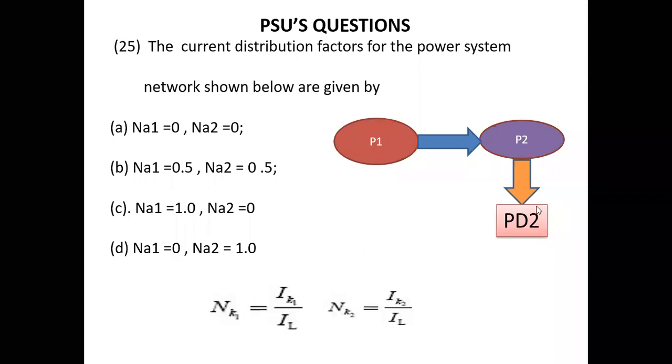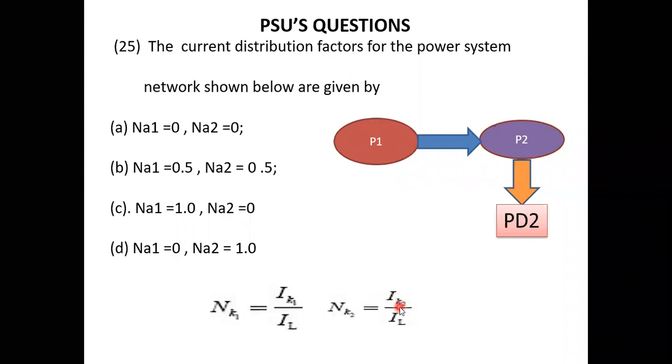Roll number 52 is saying that the answer is C. Please everybody try to give the response. IL is common, but we need to understand what is the meaning of IK1 and IK2. So now I am getting the answer is C. Yes, very good. Now, if you consider this case, what is the value of IK2?